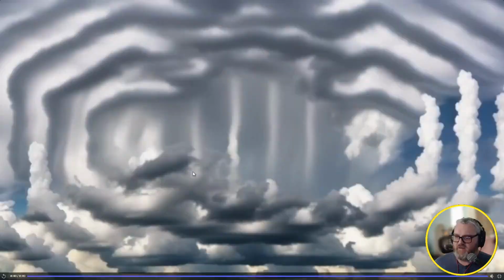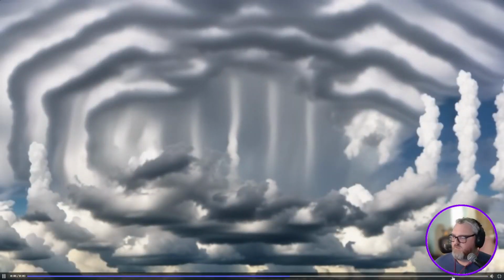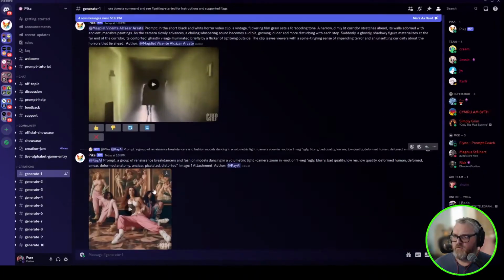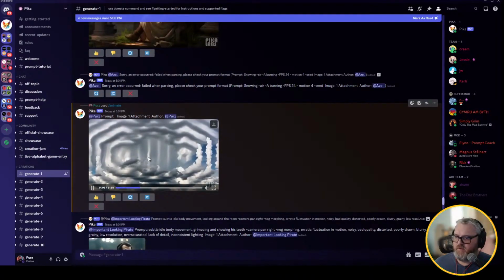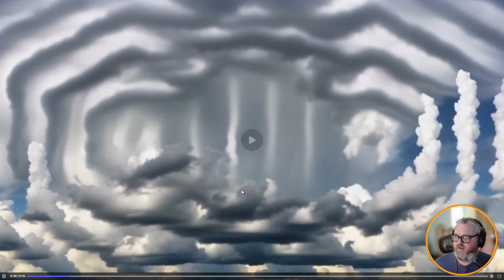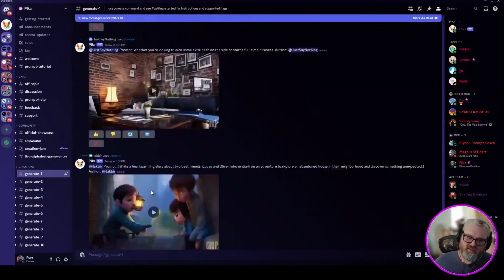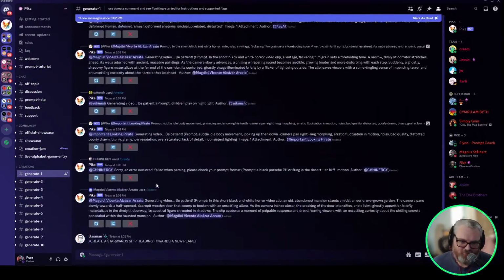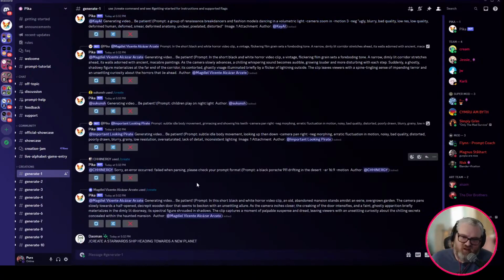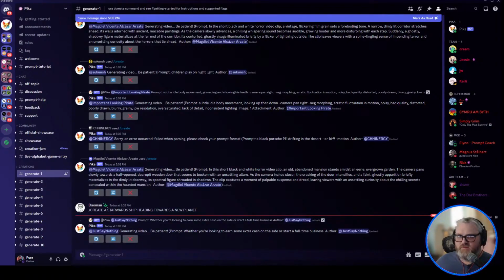So this one didn't react at all to the camera pan controls. I don't know why. That's strange. And let's see what the animate one did. The animate one kind of made them jiggle around a bit. It's the thing with these unnatural images. It might not understand what it's looking at. So, your mileage may vary. It's all good. Let's try